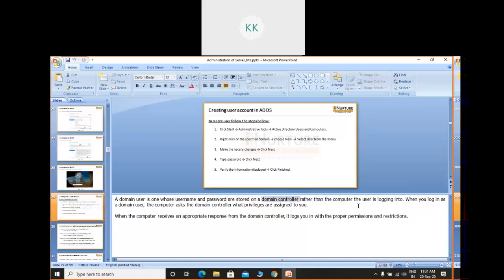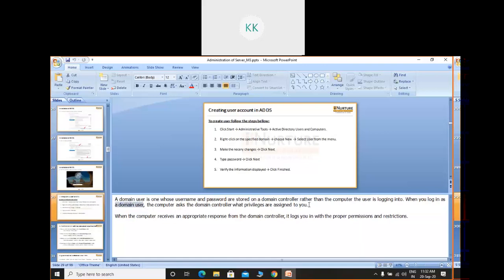The user is logging in to a domain rather than the local computer. That means in this local environment you have nothing; all your credentials are inside the office or the organization's domain controller. When you are logging in to this PC or this domain, you will be authenticated based on the information there in the domain controller. When you log in as a domain user, this is important: the computer asks the domain controller what privileges are assigned to you.